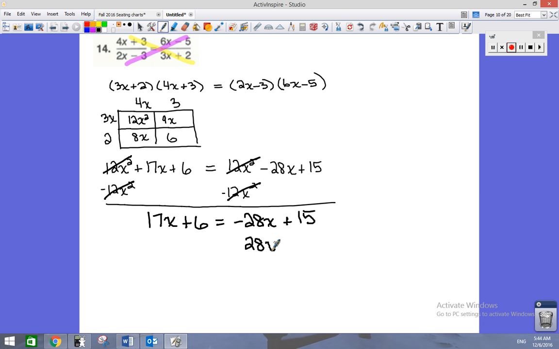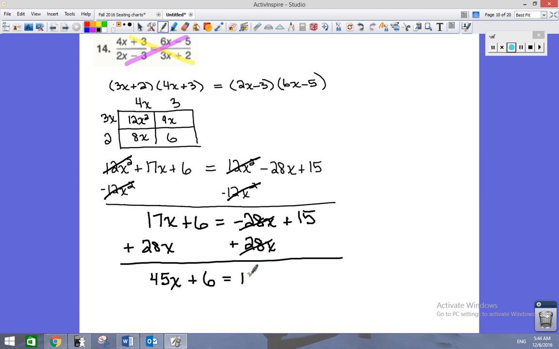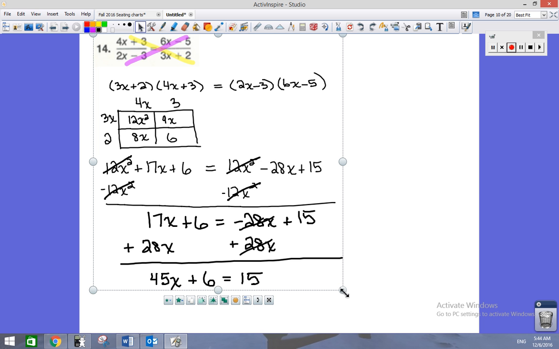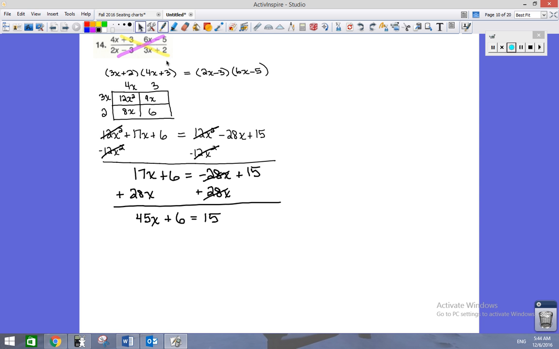So if we add 28x here, those will cancel. And if we add 28x here, what do we get? So if I've added these together right, we get 45x plus 6. These terms cancel. If we subtract 6 from each side, then we'll have the term that has our x by itself. And we have 45x is equal to 9. If we divide both sides by 45,